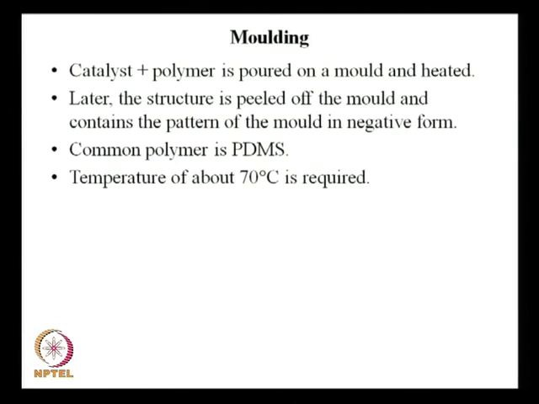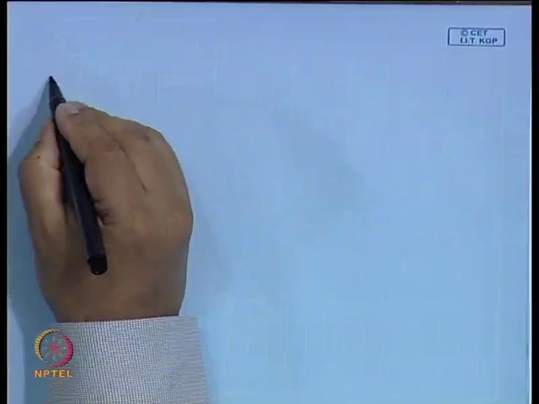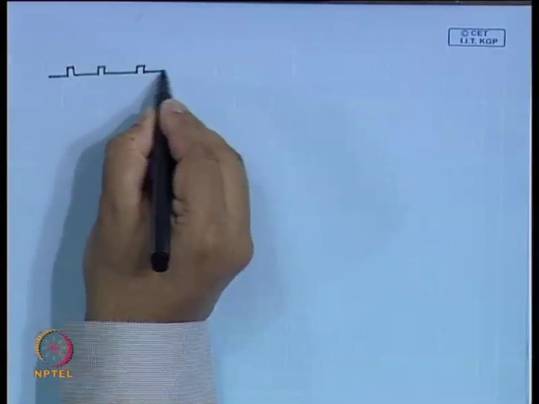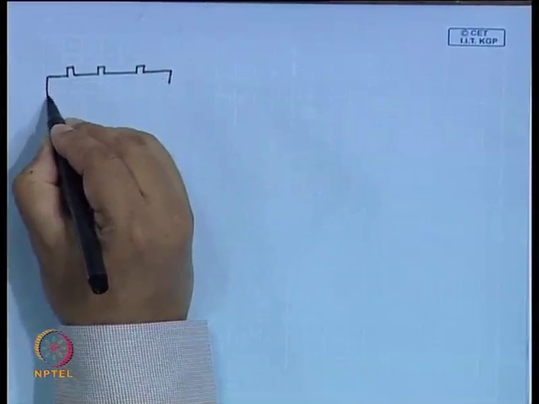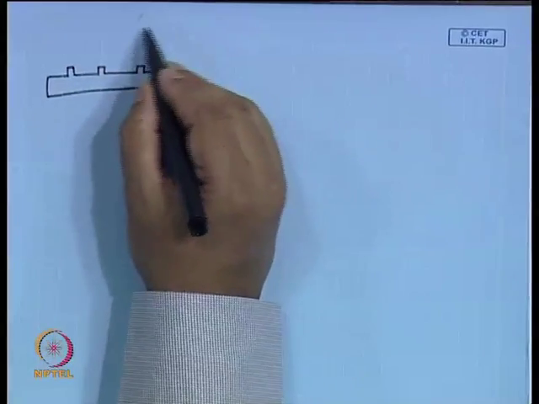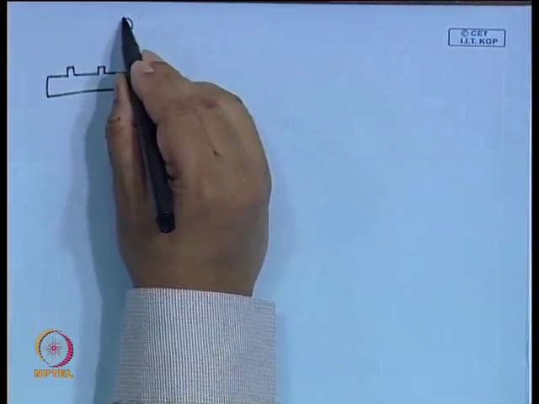So, you first of all take this polymer to a molten state. So, it is like a liquid, and you take it. Suppose this is the mold. Okay. Now, you take this, suppose